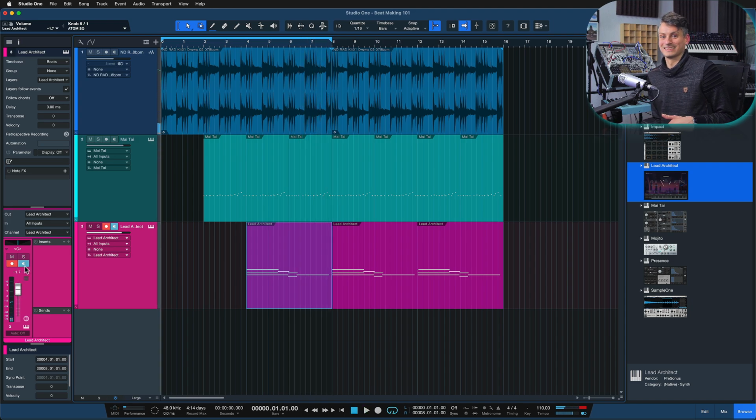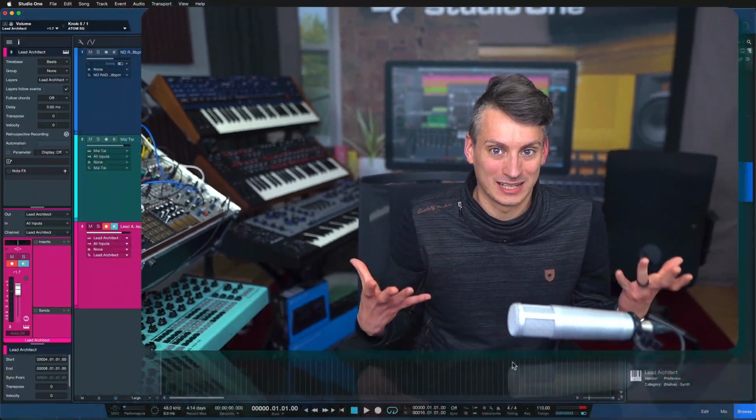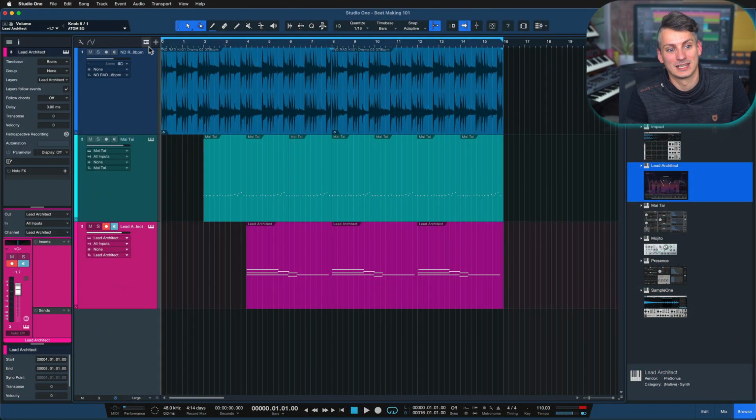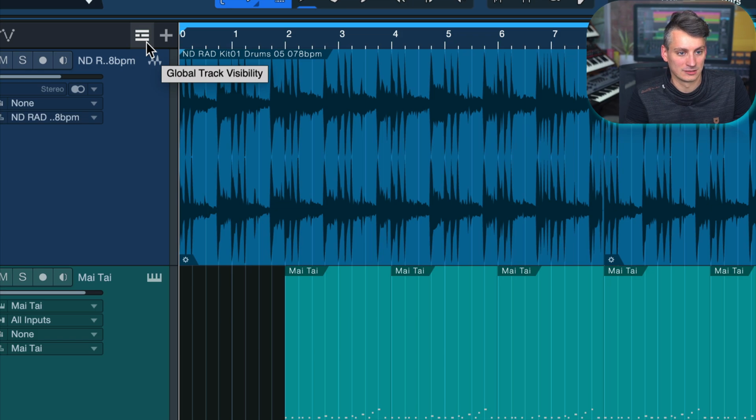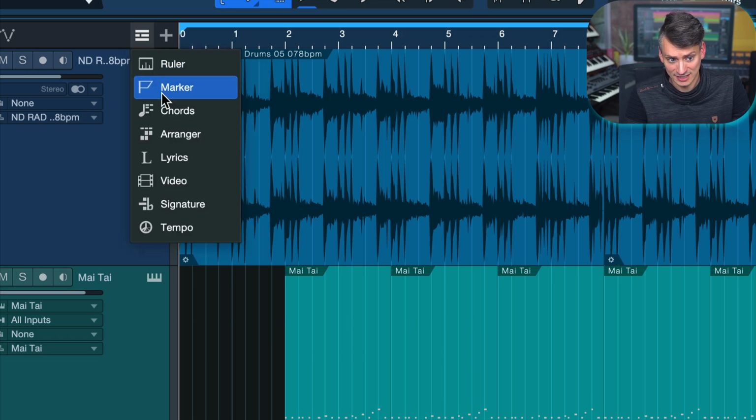Cool, yeah, I like it. And this is really just the tip of the iceberg. Let me show you how easy it would be to arrange this across the timeline to create an actual track in Studio One. So we can go up here where you see this little drop-down menu and select the arranger